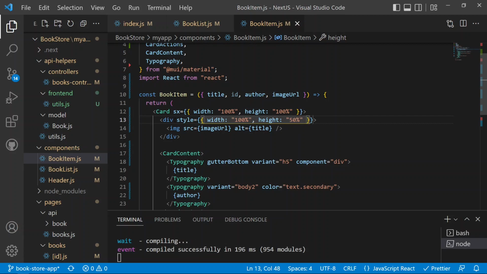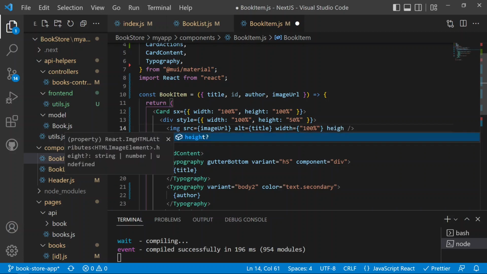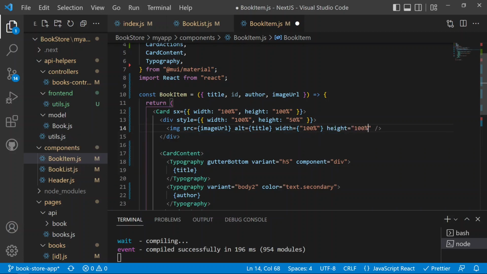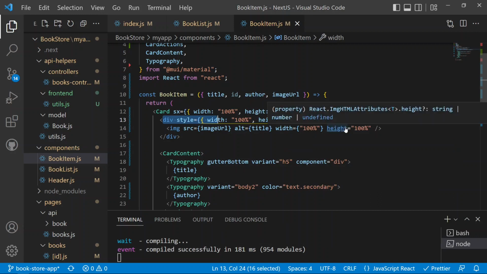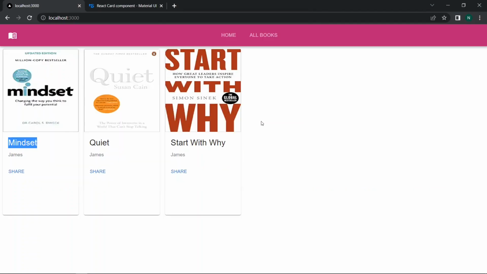So for each card, we need to add the width and the height at 100% and 50%. For that, we want to specify the width here of the image. So the width will be something around 100%, and the height would be equal to 100% again. So what we are doing here is defining the div, which is the container for this image, and we are giving the width and the height equal to 100% for the container. So if we now save and refresh the page,